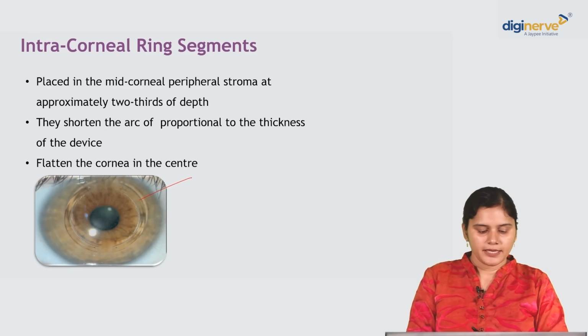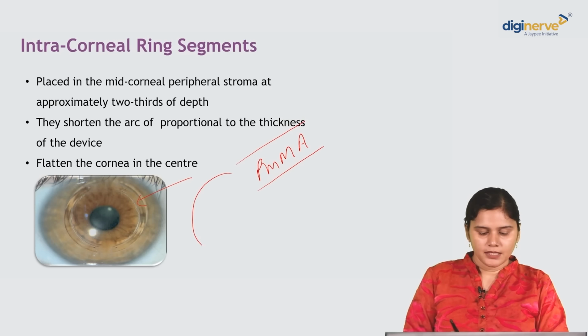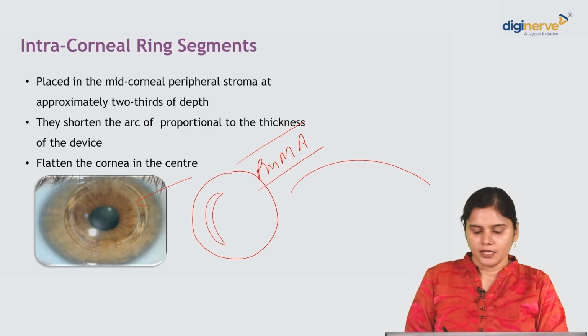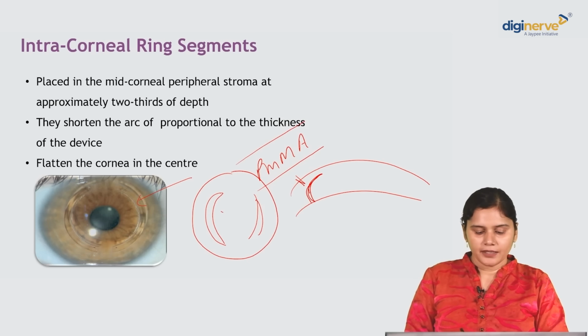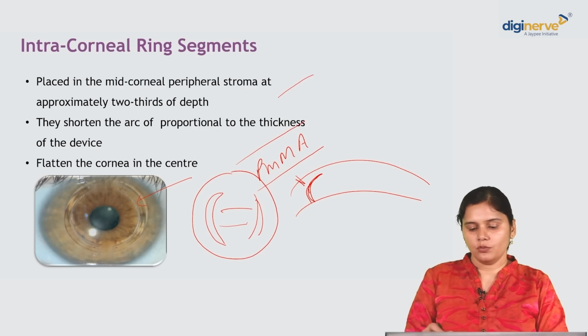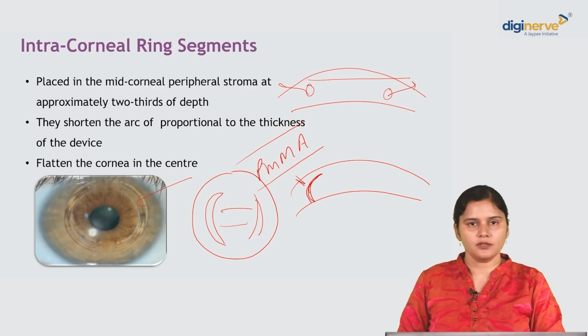Intracorneal ring segments like these can also be used. They are made of PMMA. This is hard material. So, when these intracorneal ring segments are inserted inside the stromal thickness, you make a simple cut in the cornea and you insert a ring segment in the cornea. They pull and flatten out the cornea. So, when you put an intracorneal ring segment, they pull the cornea outwards and flatten the central corneal surface,